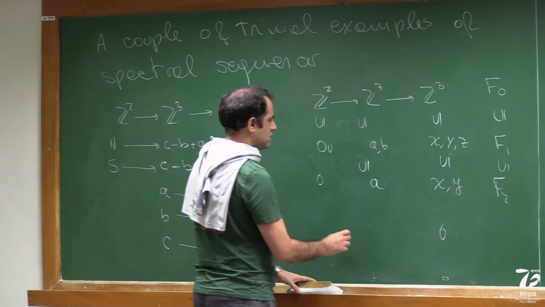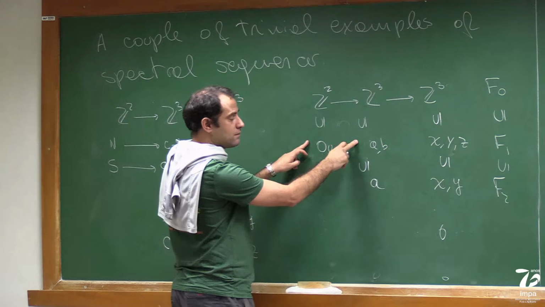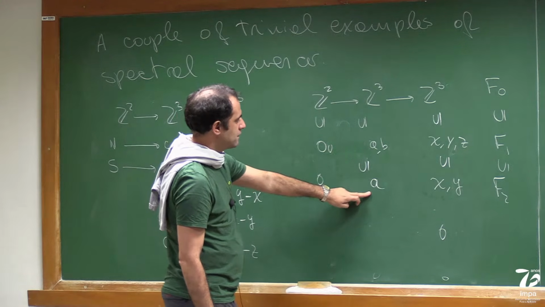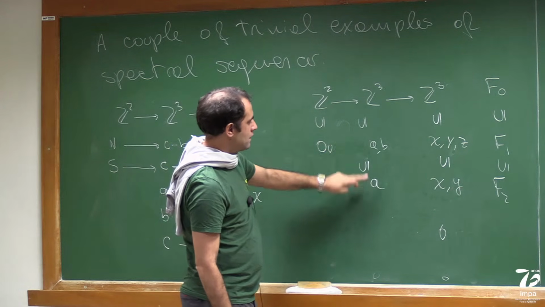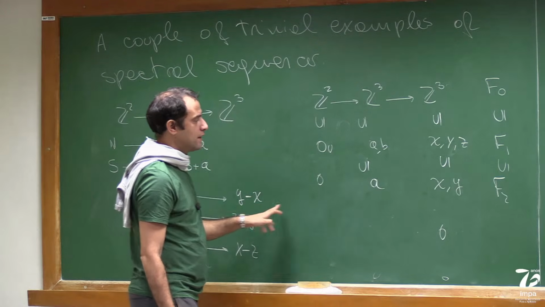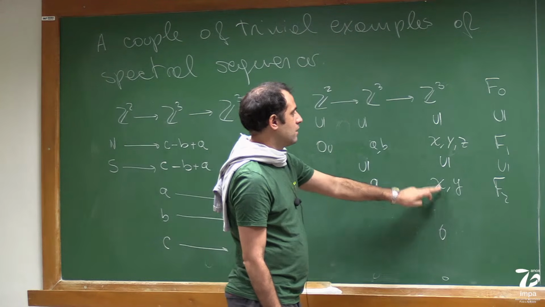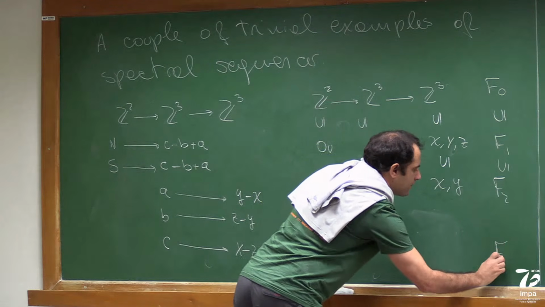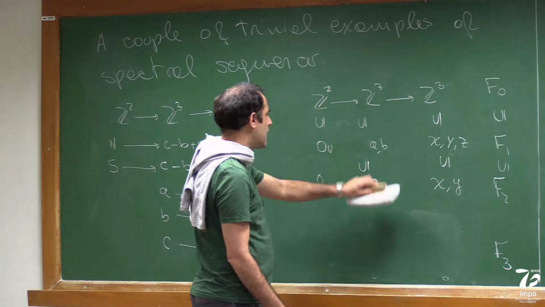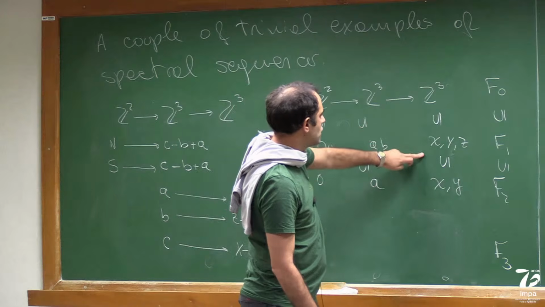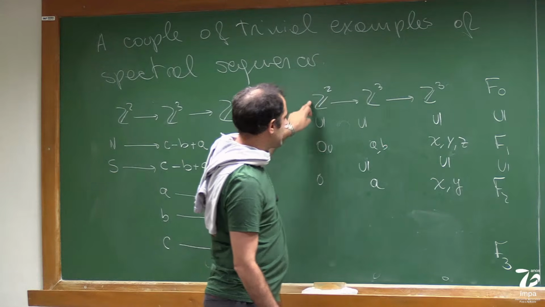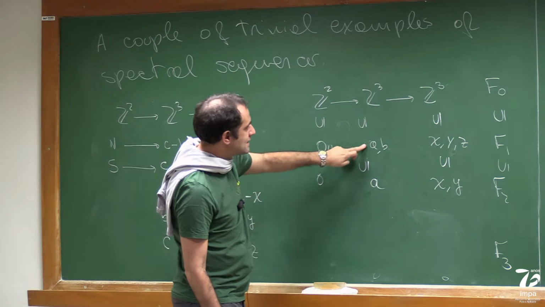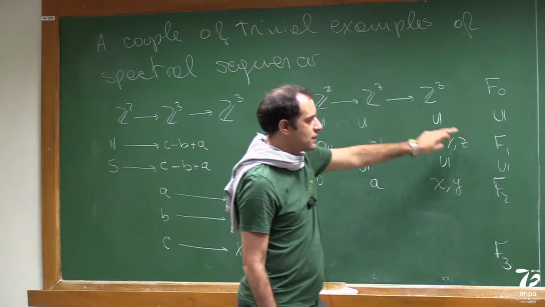So this is a subcomplex of this. So A survives, it's inside of this. The differential of A is Y minus X, so it's fine. It's here, which is a subcomplex of this. And then we'll see if we need to add an F3 here to make it nicer. But up to now, F0 modulo F1 still has a Z in this degree, and it has nothing in that degree, so this is still fine.